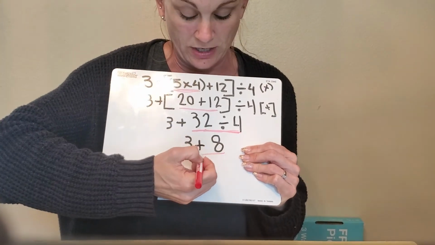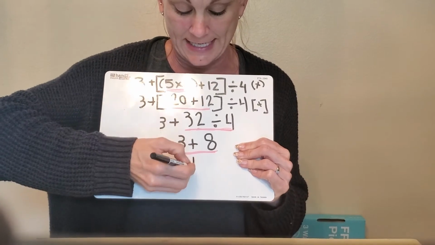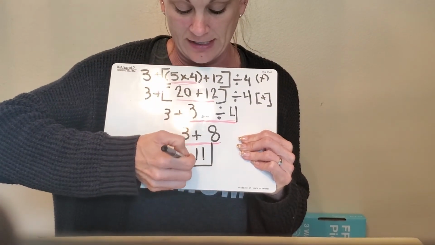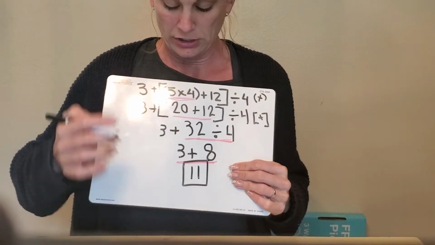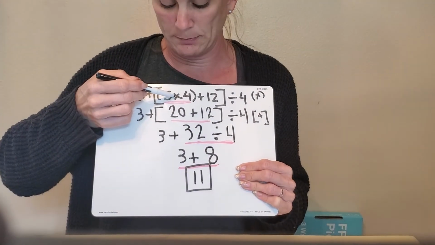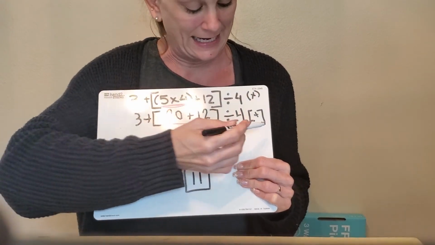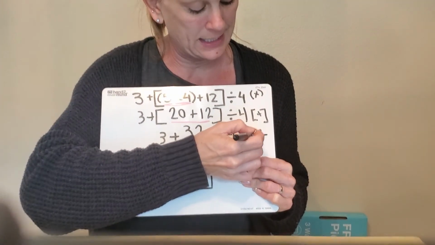That leaves us with our very last one, which is adding. 3 plus 8 is 11, and that is our answer. So we went from parentheses inside the brackets, which had multiplication, to brackets, which had the adding, then the dividing,